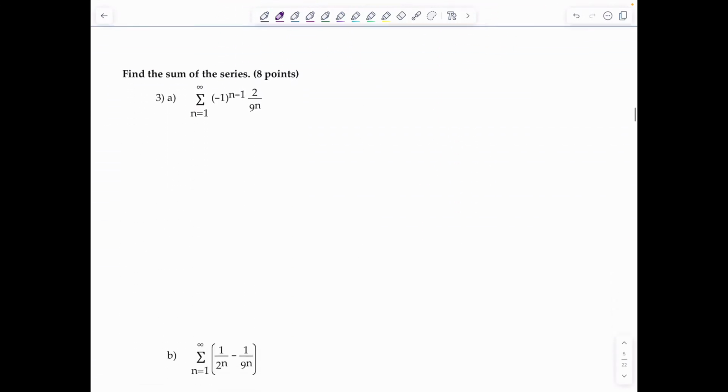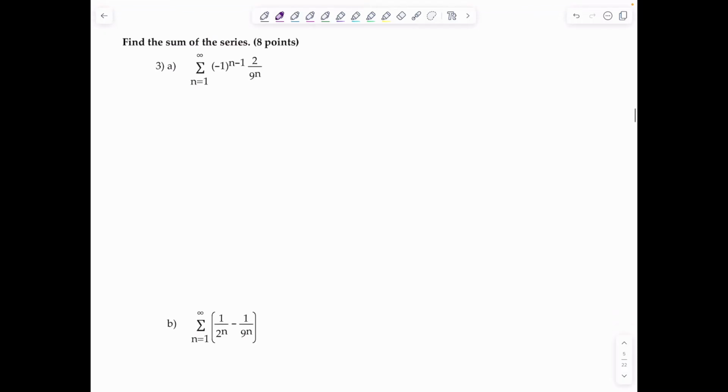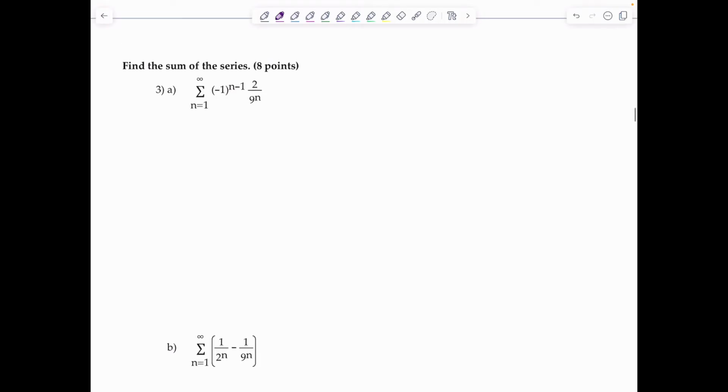Okay, how was that? Next problem deals with finding sums of series. Now, most of the time when dealing with infinite series, all you do is say whether or not they're convergent or divergent. It's very rare that we can find their sum. And when you're asked to find their sum, it's a big clue as to what kind of approach you need to take. Because the only kinds of series whose sum we can find are either geometric,